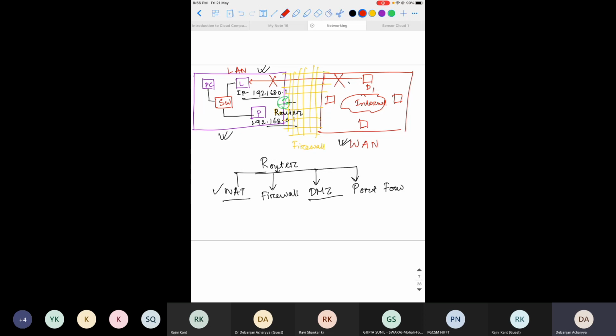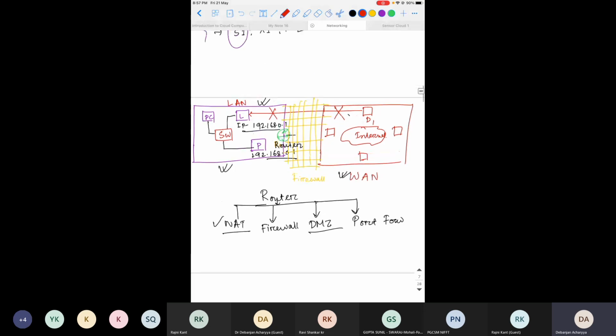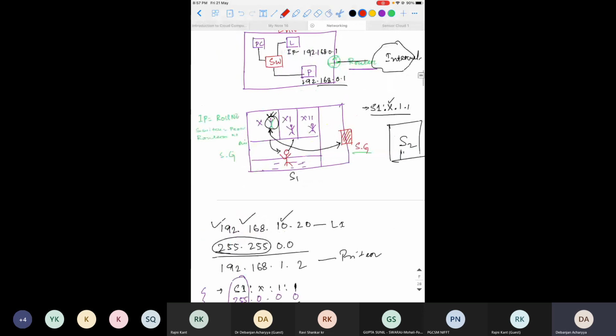DMZ, or demilitarized zone, is a subnetwork that contains and exposes a device to an untrusted network such as the internet. For example, if I come to this school once again, some parents from school 2 want to talk with a student from class 10. So they will come to the security guard first.